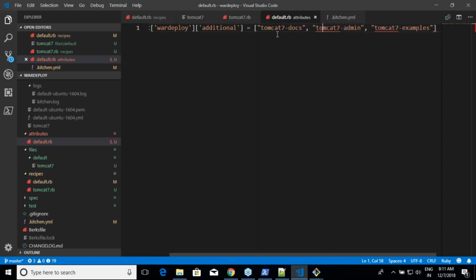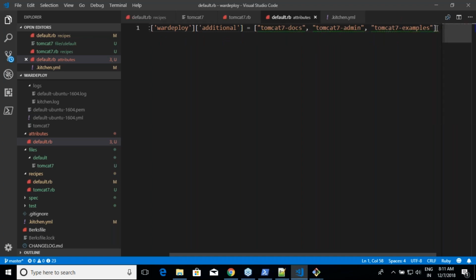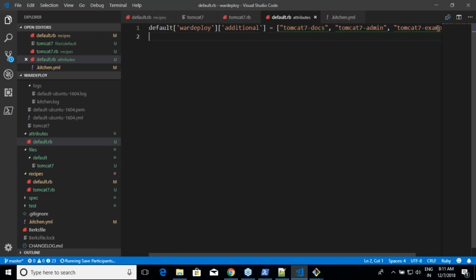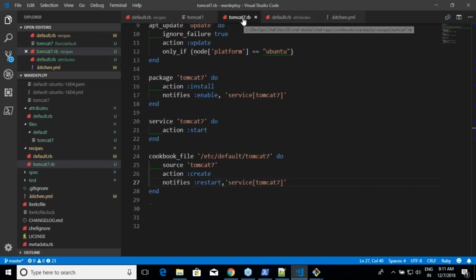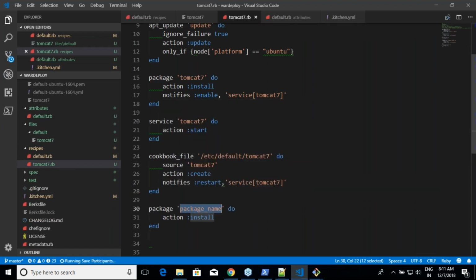Yes. And now what is the problem over here? That's fine. Okay, it is not an error. Now I want to use this. Okay, so we know how to use that stuff, right? Package, right? And then if I have one package, I can use directly the name, right? But this time let me directly use array over here. Let us see what happens.